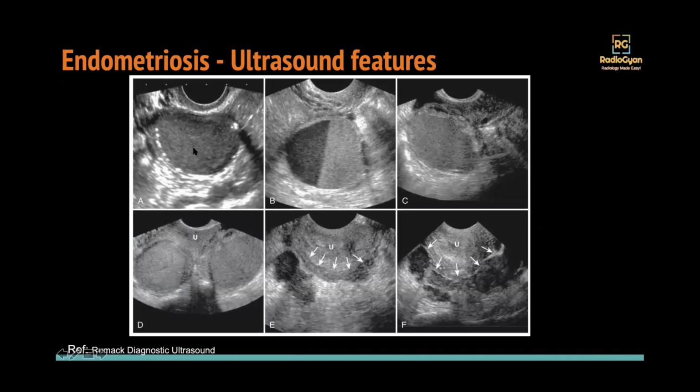Look at the first image, and this is the typical image of an endometrioma. You see these low-level internal echoes. There are these echogenic wall foci. Sometimes, because the blood products are in various stages, you may get fluid levels. The third image is again a similar one, and the rest are also endometriomas, the spectrum of endometriosis. Coming to the differential diagnosis on ultrasound.